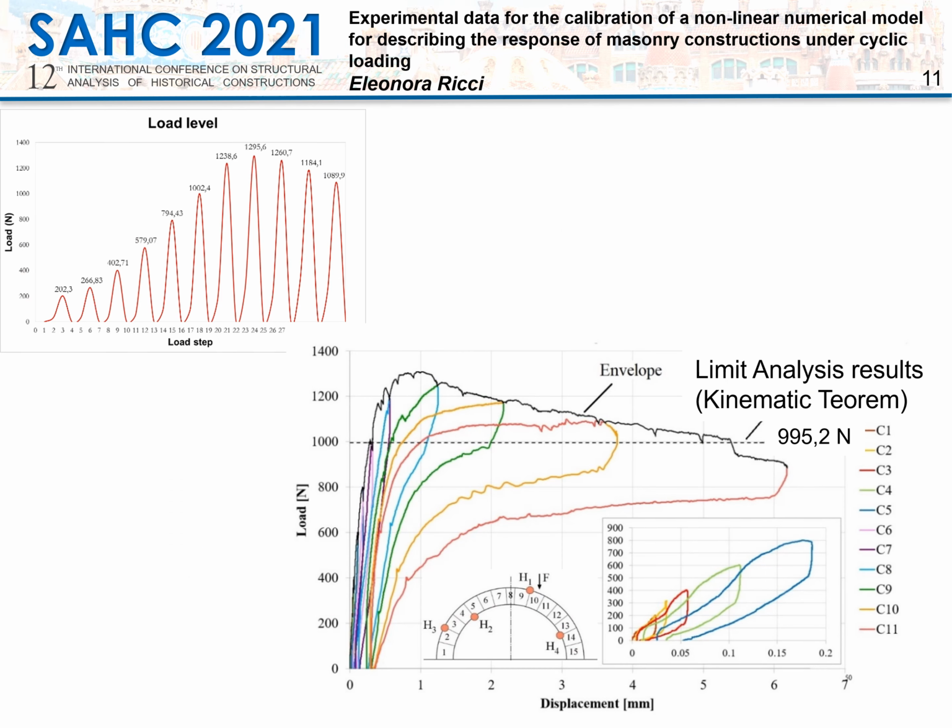11 cycles were performed, increasing the load of about 100–200 Newton at each cycle. Notice that in the last 3 cycles we needed to lower the maximum load in order to avoid a catastrophic collapse of the arch. In the slide you can see the load values plotted against the displacement measured at the load application point. In particular, each cycle was marked with a different color, and the black dashed line marked the value of the collapse load estimated by the kinematic theorem of limit analysis, which is found to be equal to 995 Newton.